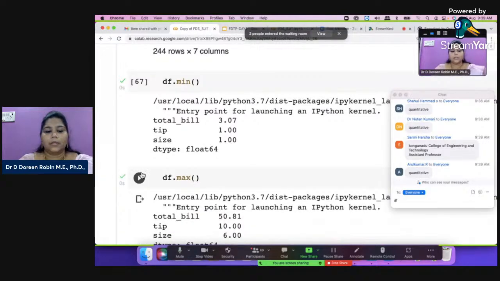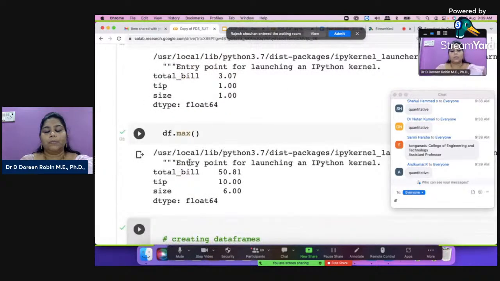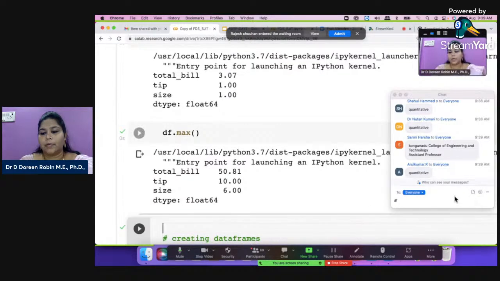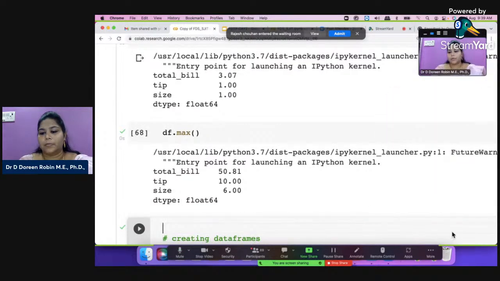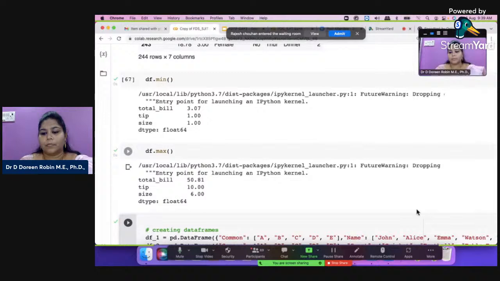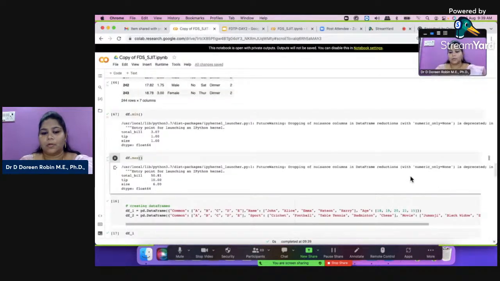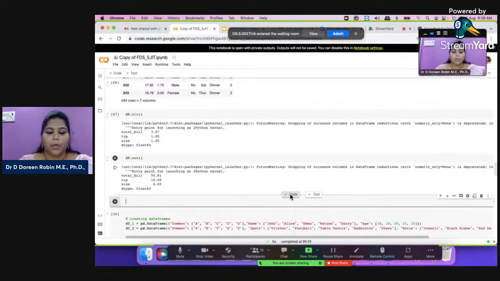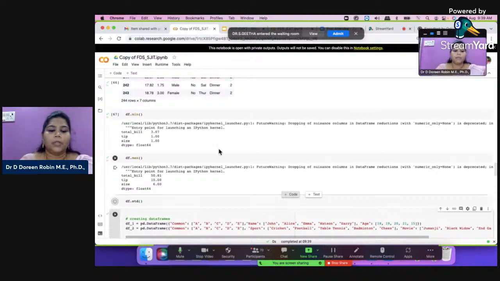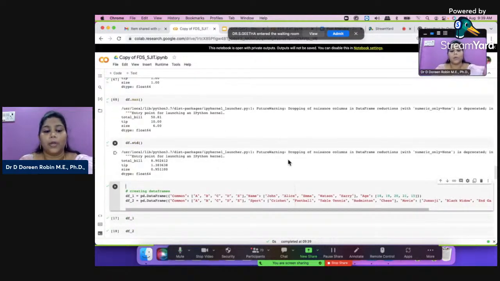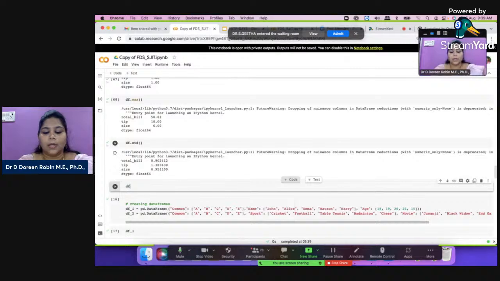All right. So the maximum tip is 50, the minimum is, and also you have, what are the other functions I told? Min function, max function, the standard deviation, but everything will work only for quantitative data. Okay, but everything you get together in